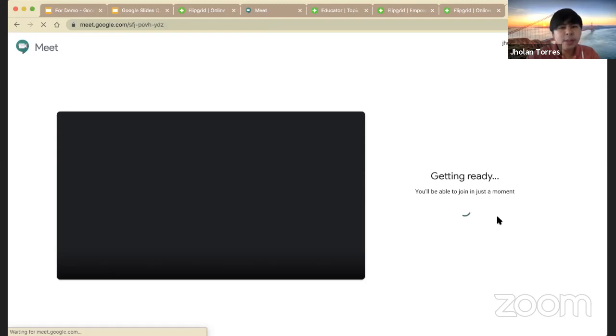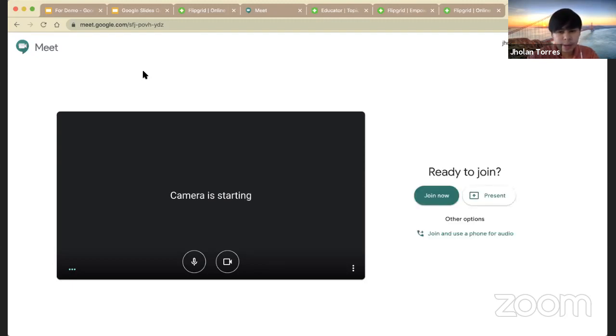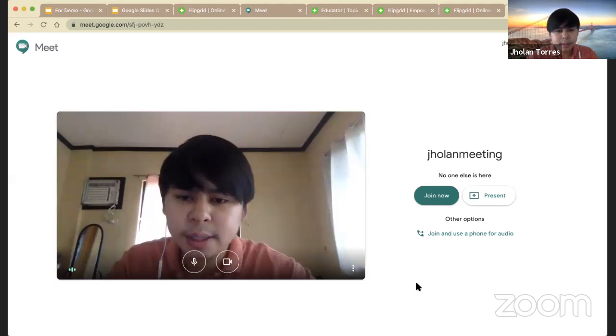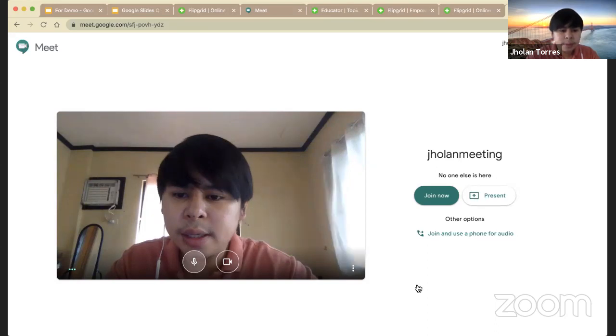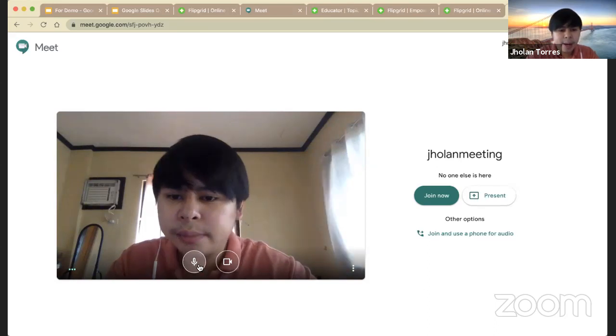Okay, so once you open your Google Meet, or once you enter the meeting that you created, you have here this mic icon and the camera icon. Okay, what is this mic for?